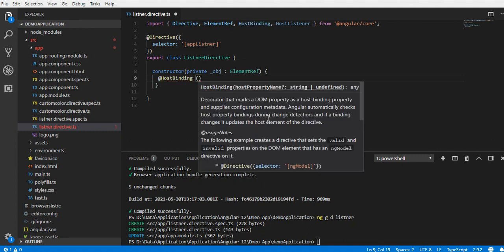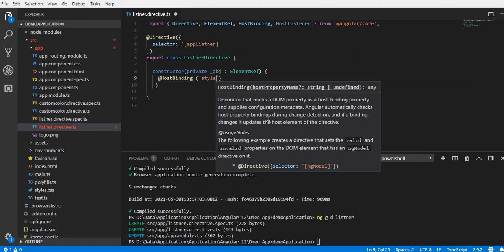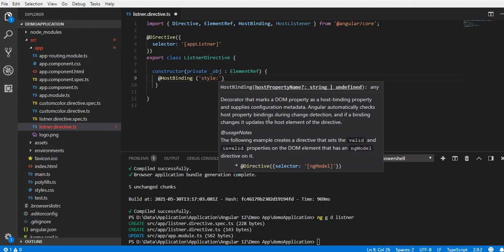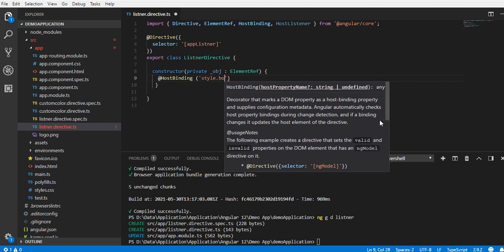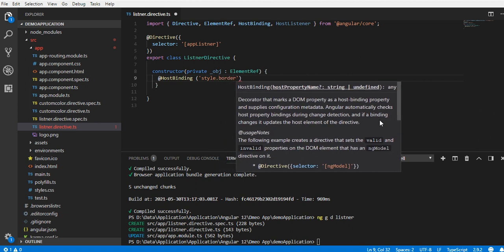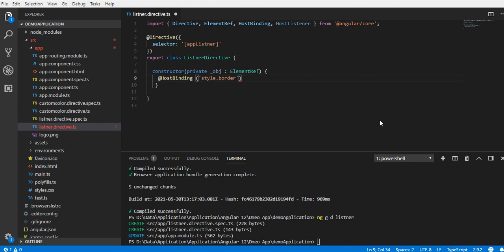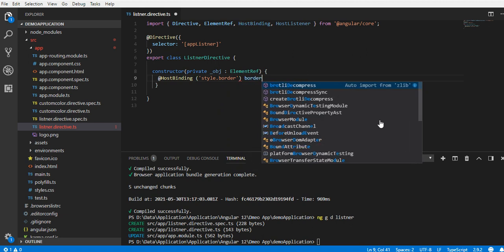And inside this, I will mention what properties I'm going to bind, right? I'll say style, and then we can say color. Okay, let's say border, because we will add just the border around the HTML control, and then the variable name, let's say border.